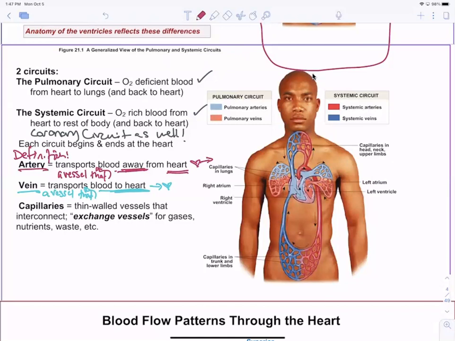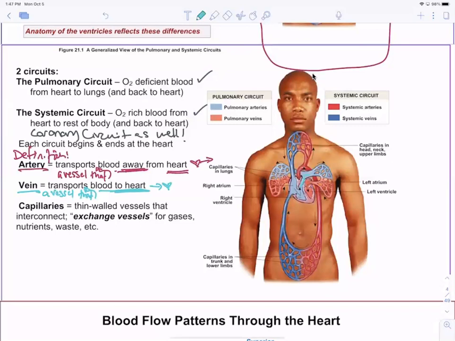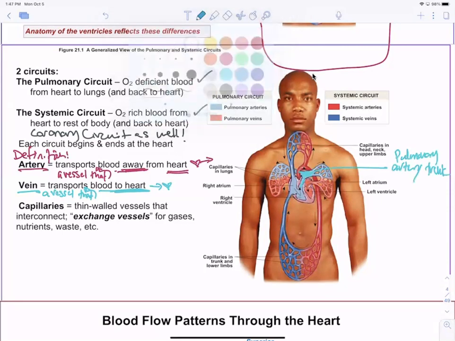Remember, it's not a colored thing. And I say this because when you're looking over here, this right here is an artery, right? It's the pulmonary trunk. And so this is an artery, and it's blue. And these right here are pulmonary arteries. The pulmonary veins are red because, remember, in the pulmonary circuit,